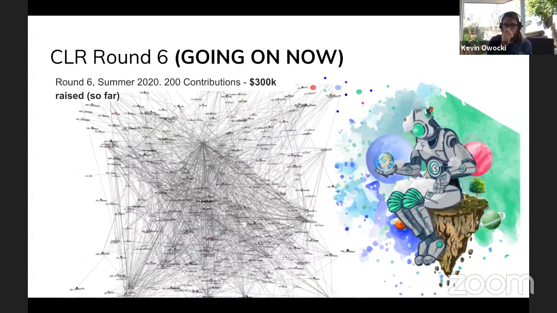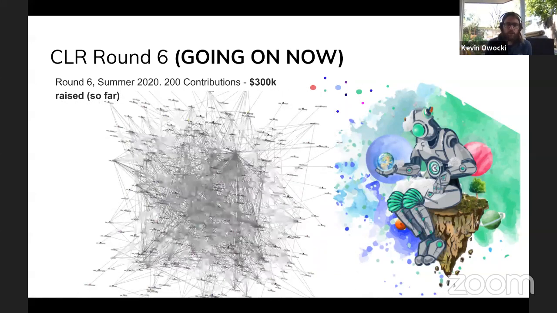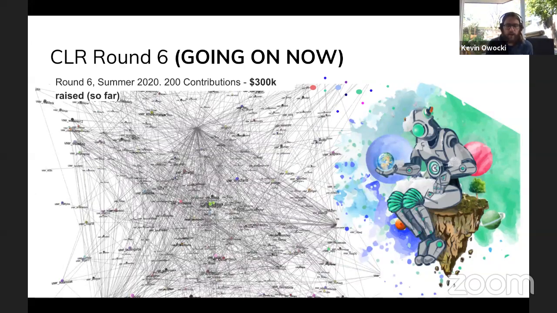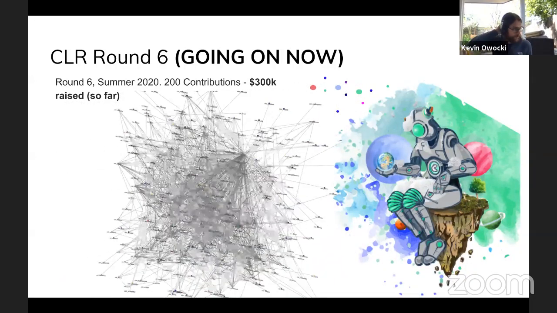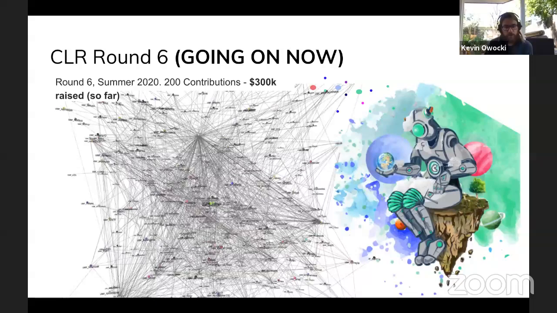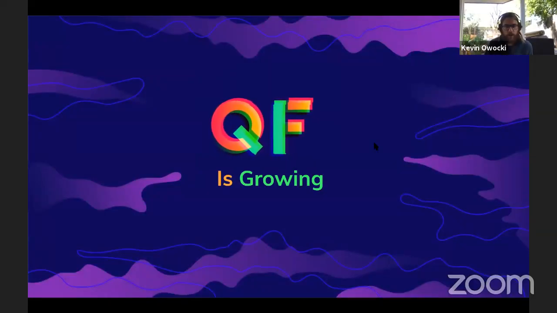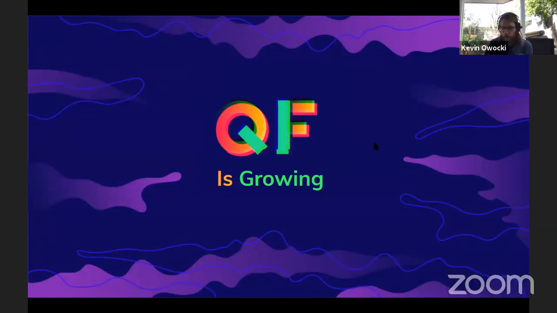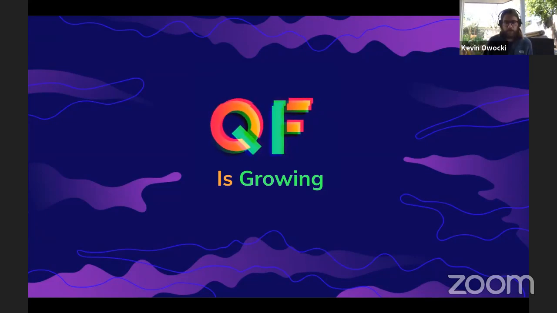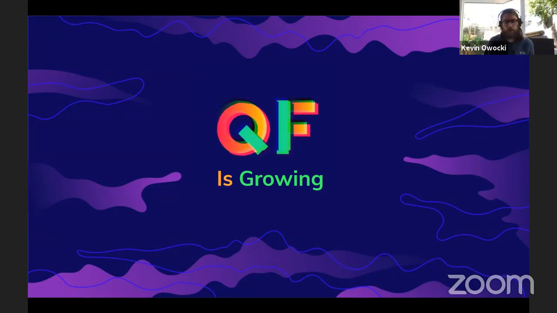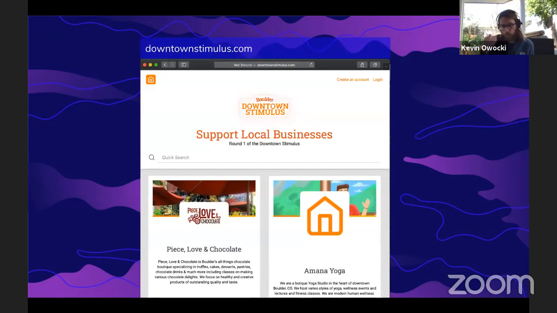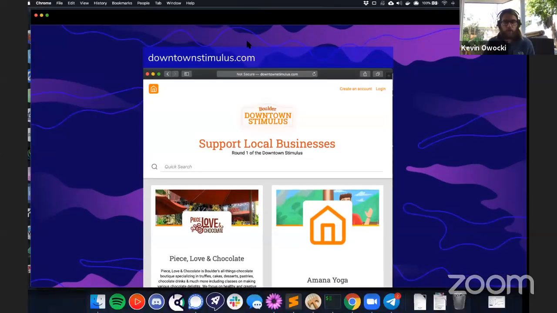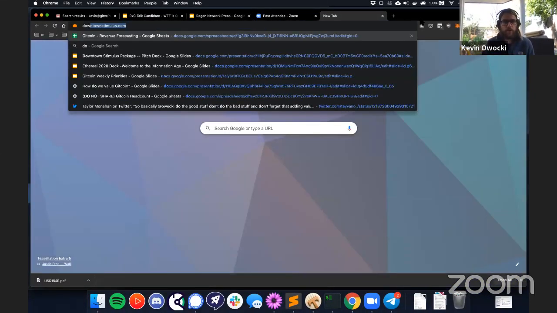We've got Gitcoin grants round 6, which is going on right now. It has raised about 300K, and the campaign is about 1/3 of the way through. But we're hoping to continue breaking records with how much money we can raise with quadratic funding in round 6. And so from here, we basically have figured out that quadratic funding is a really powerful psychological motivator for our community. And so we're going to be taking it out of just the cryptocurrency niche that we're working on, and we're going to be bringing it more to a mainstream audience.